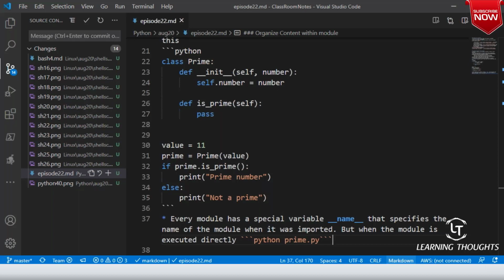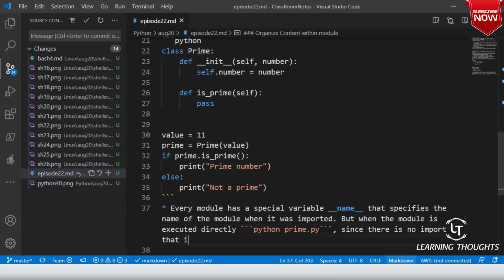No, right? You are executing this module directly. Since there is no import happening, the __name__ variable will have a value of __main__.